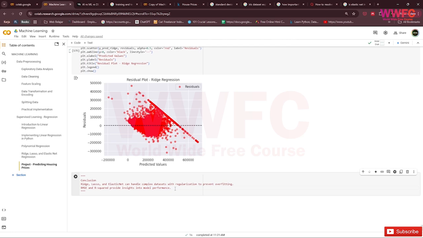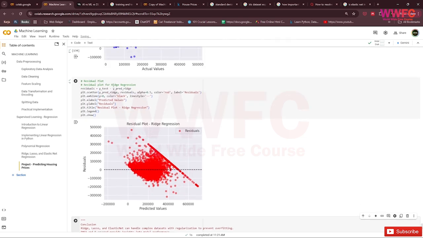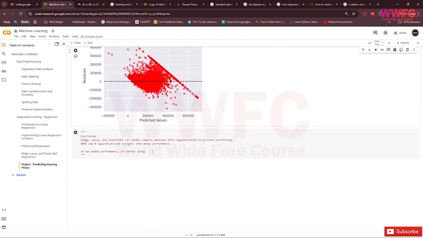So in our model performance, it's better using ridge regression, because RMSE is lower and R square is much closer to 1.